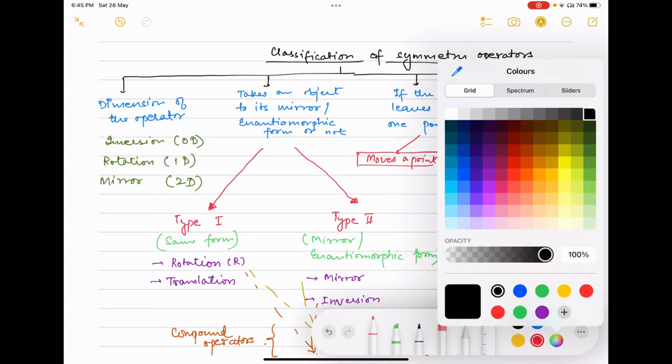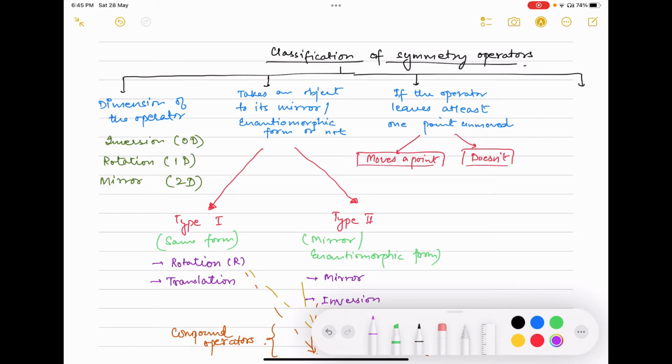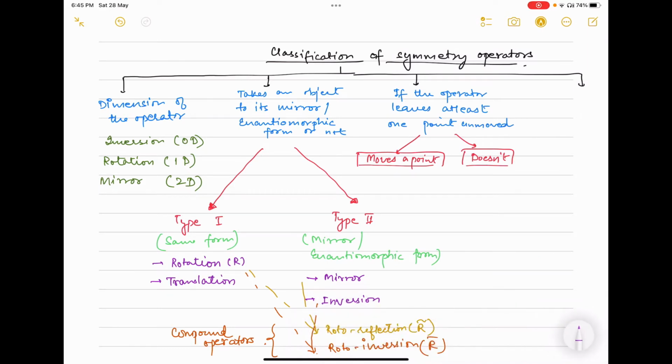Then we can have, if it moves a point, it is a translation or a screw axis or glide reflection. That is translation plus reflection. Or if it doesn't move a point, then we have rotation, mirror and inversion. Okay,